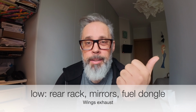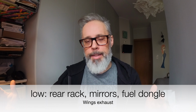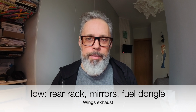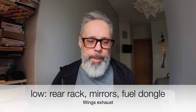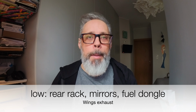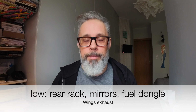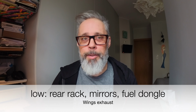So yeah, good to have. And my tier 3 of mods, again, four things, four items. Rear rack. If you would go for just the side panniers, then you don't need the rear rack. But I also use the bike for everyday commuting, so a small tailback is absolutely necessary for me. A rack is very helpful. Then double take mirrors, fuel dongle, and the exhaust, which might be a bit surprising for you that this is